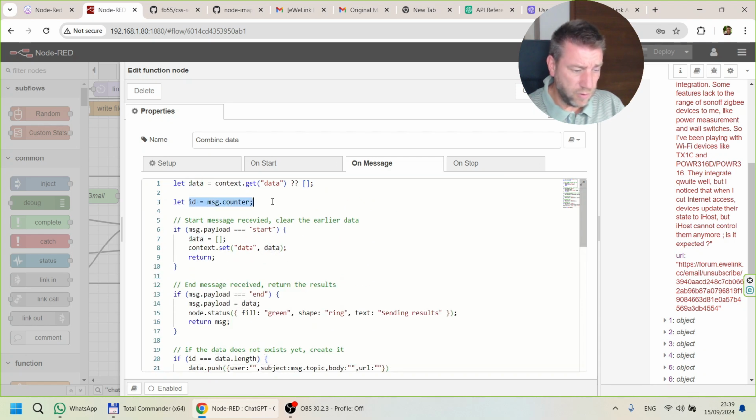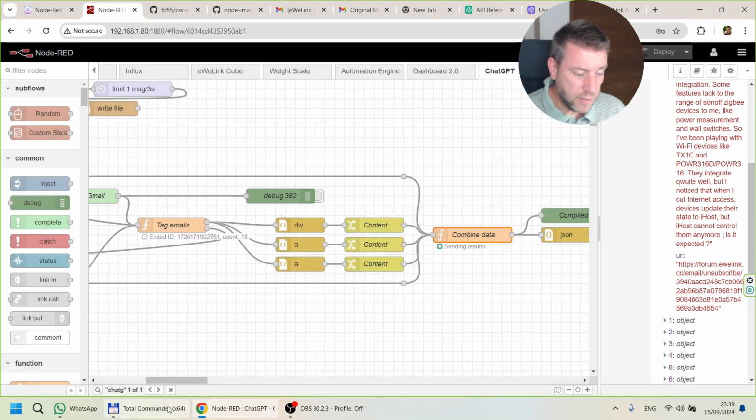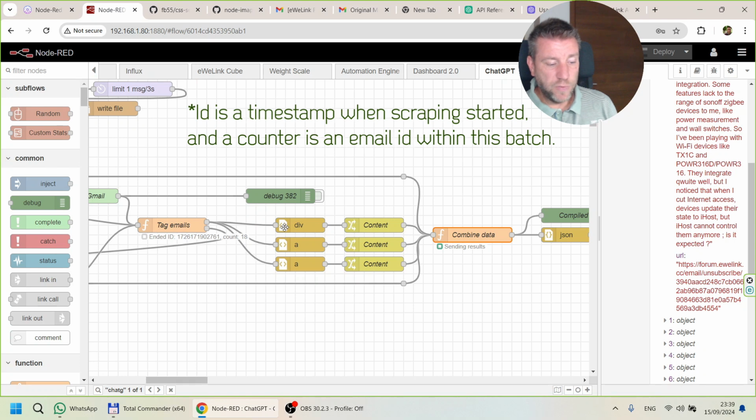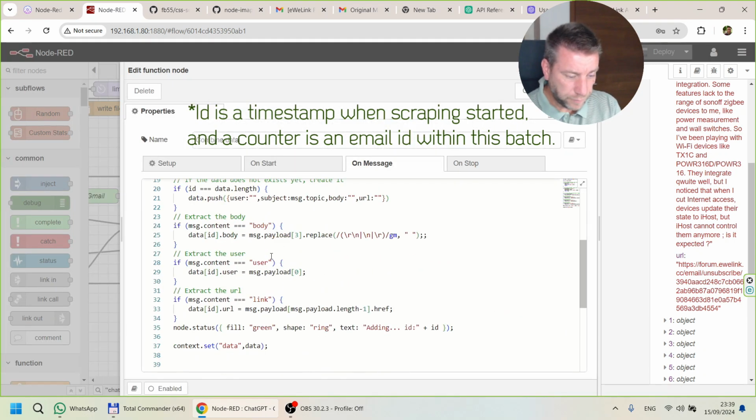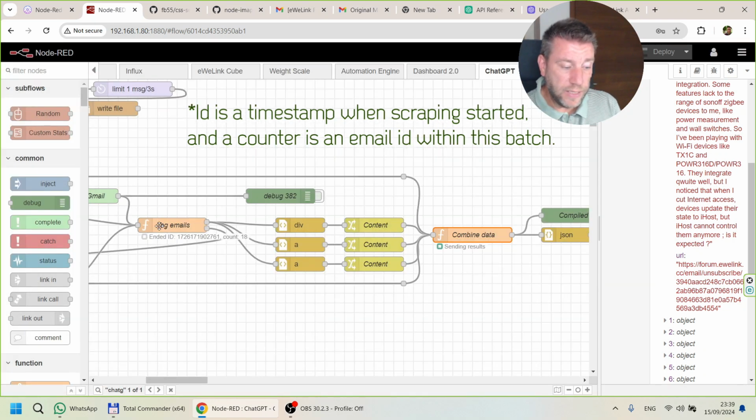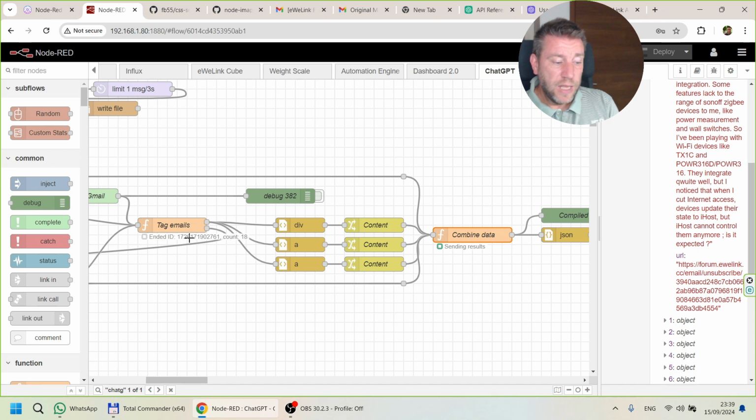The message counter is the ID, because that's what this node does. It creates an ID for every single email. So I received the first email, second email, and that goes through here. So I can also get the IDs here. And that's how it keeps track of these emails, because obviously the emails are coming in as a single message